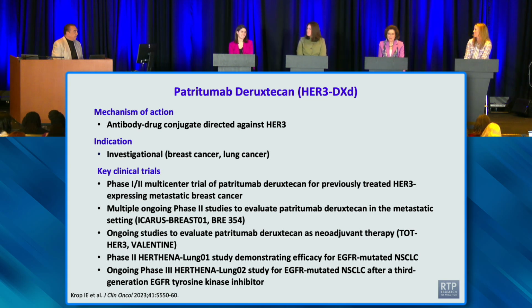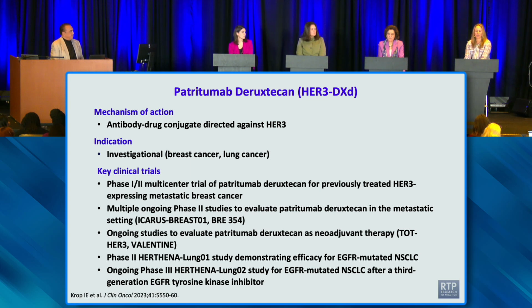Anyhow, so what about this? We're going to talk about this tomorrow in lung, EGFR positive, like where does that come from? But what about HER3 and HER3-DXd, Erika? Yeah, so you figured out which family it belongs to with the deruxtecan last name. This is similar to trastuzumab deruxtecan and datopotamab deruxtecan, but now we're targeting HER3 with the same payload. What's really interesting about this compound, as you've already heard from sacituzumab as well as T-DXd, is that we had activity in both ER positive and triple negative. In this initial study, they actually looked at HER2 as well, so all three types of breast cancer, and there was activity across the board.